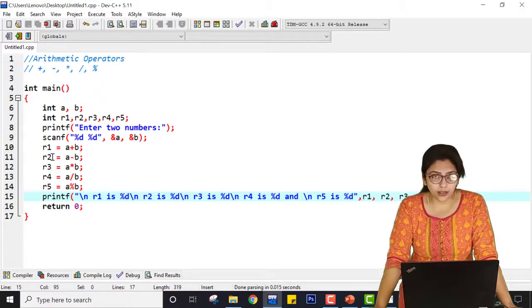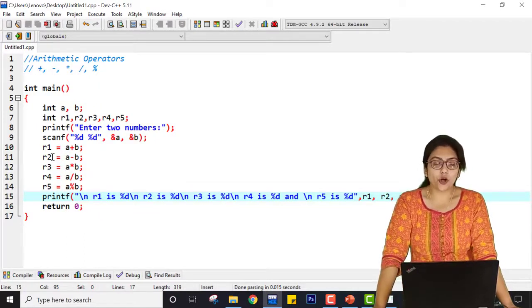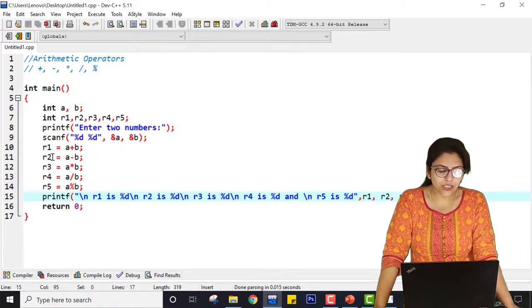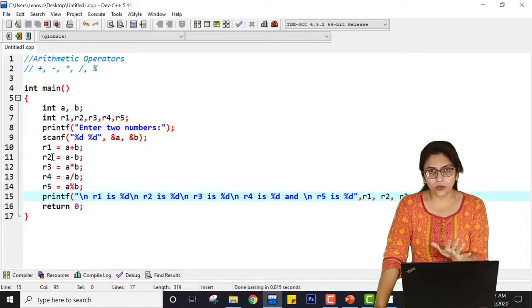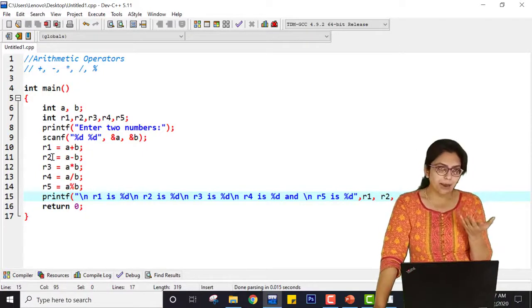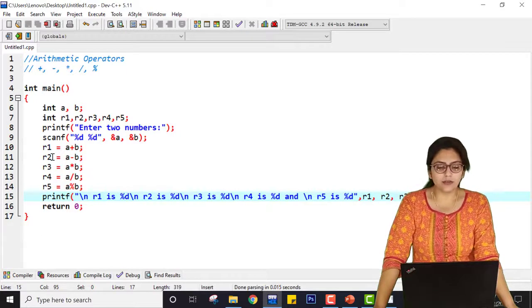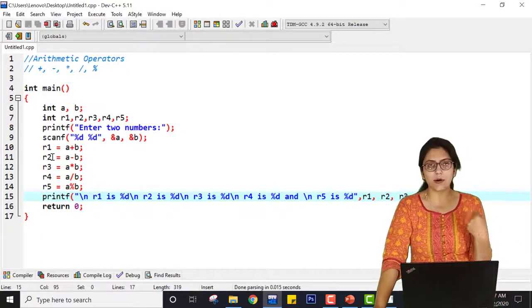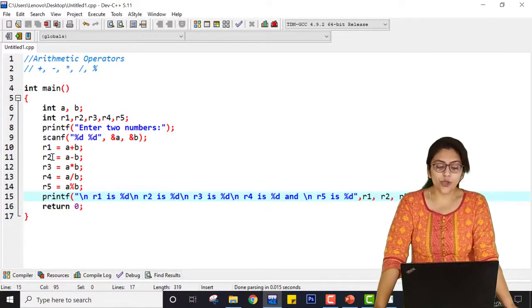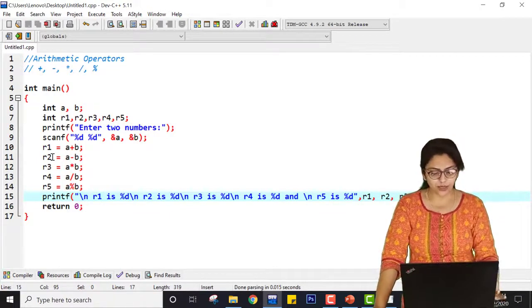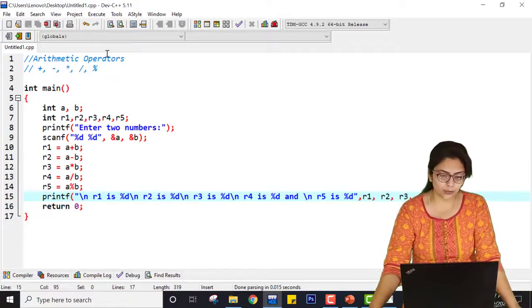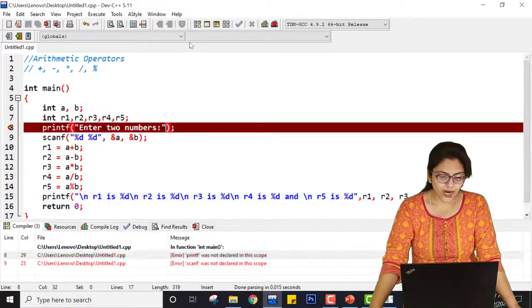So what can be done over here, for that I am going to explain in the topic of this chapter only, that is typecasting. So right now just bear with this explanation and this code. In that topic of typecasting, I am going to explain this concept in detail, right? So here just focus on the logic of operators. Right now I am just saving this program, compiling it and running it.